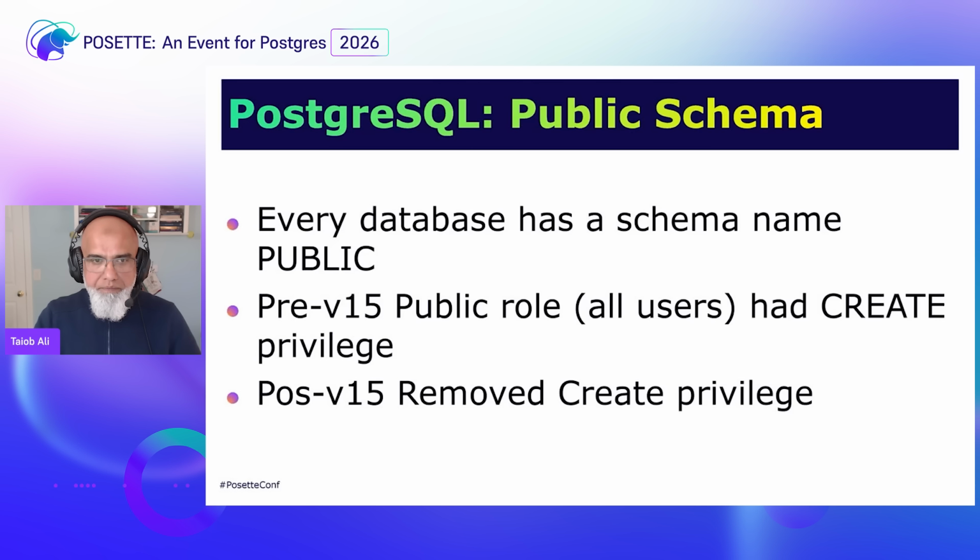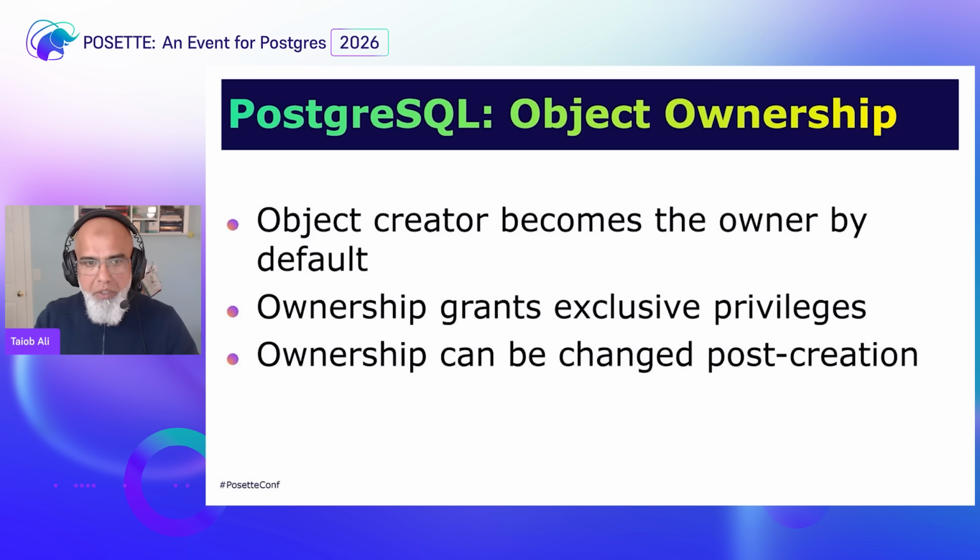Postgres also has a public schema. We talked about a schema before in the definition slides, and I talked about it in general because I said it's pretty much the same concept between Postgres and SQL Server. So every database will come with the public schema, and every role can do certain things on public schema. I have a list of those things. Version 15 removed create privilege because that was deemed too much, and which is true. Even the ones that are there today by default, in some industry you probably want to control some of those. Like there's one called, no, I have that slide later on, sorry.